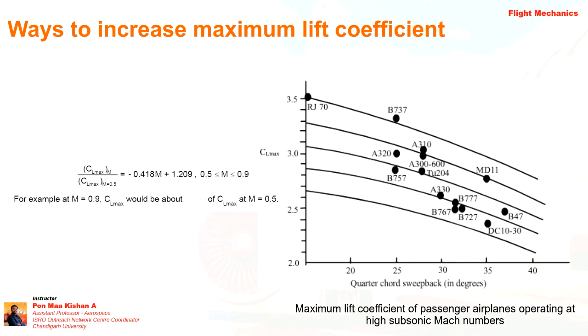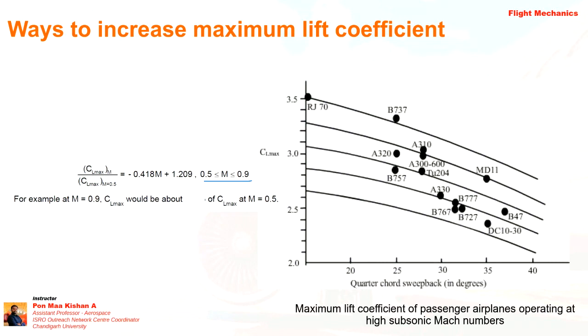right? So there was a technique to calculate CL max. This was a ratio, the right side equation, left side equation, which is one of the ratios taken from experimental data. It will be applicable only within the limit of 0.5 Mach to 0.9 Mach. Okay, so when the Mach number lies between 0.5 to 0.9, this will be applicable. So what it is indicating is the ratio between CL max.